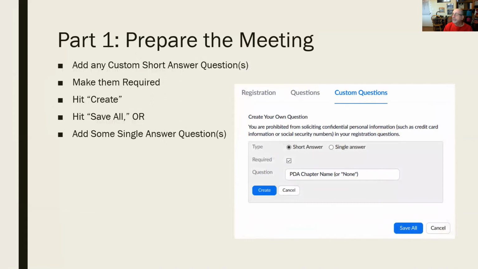So under custom questions, there's a couple kinds, and one of them is a short answer. In this example, the short answer question that has been added is PDA chapter name or none. Remember that a lot of our people in NationBuilder that we want to invite to meetings aren't even near a chapter, and that's great. We can reach out to them with a Zoom invitation. So we have the short answer question, and we're going to hit create, but we're not yet going to hit save all. And we're going to go to the next page, which is